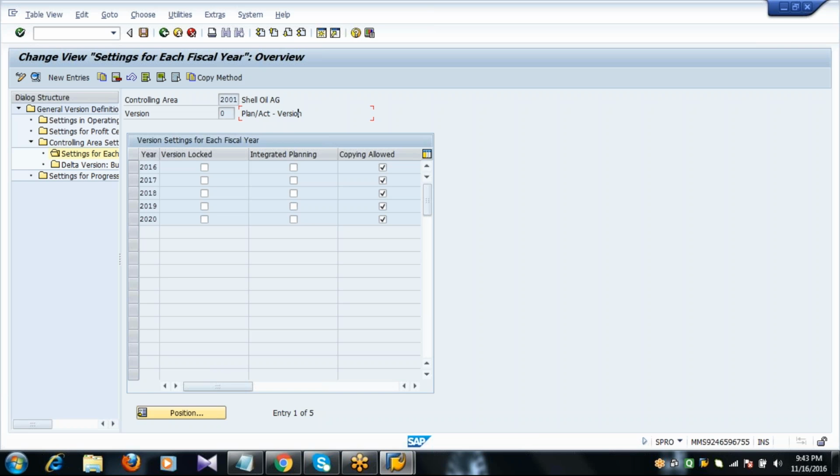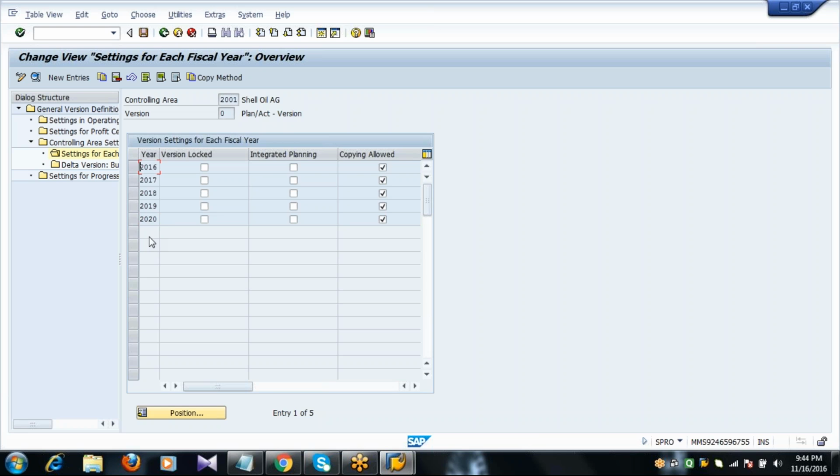If you observe, the existing years from 2016 to 2020 are already there. Let us assume the current running year is 2021, which is not available in the list.